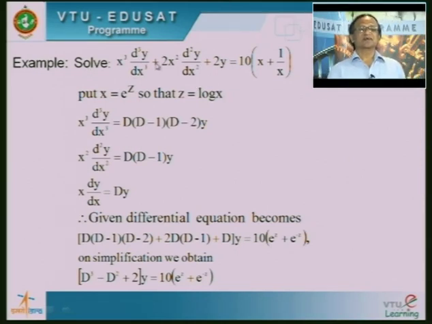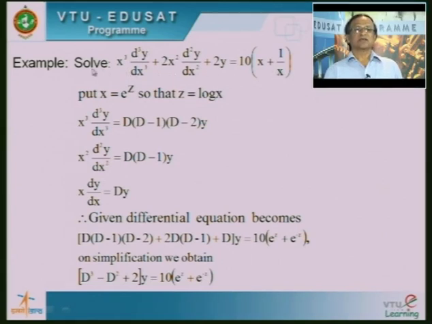So, there is a difference. In the last examples, the order of the given differential equation is 2. Here I have considered a higher order differential equation. Higher order means the order of this differential equation is 3, because the highest derivative present in this equation is 3. Now I want to solve the higher order differential equation.